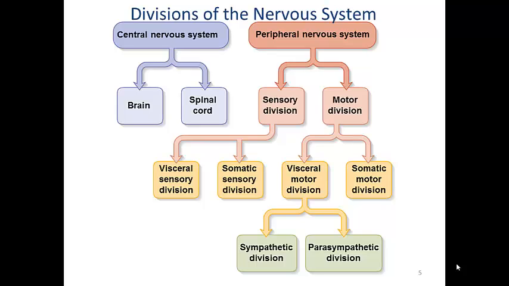Next, we'll discuss the divisions of the nervous system. As you can see from this flowchart, there are two main divisions to the nervous system. The central nervous system, named for the fact that it's located centrally in the body. It's composed of the brain and spinal cord. And then there's the peripheral nervous system, which is pretty much everything else in the body that is nervous system that's not brain and spinal cord. So this would include, for example, your special sensory organs and also your nerves, those bundles of axons that we just mentioned.